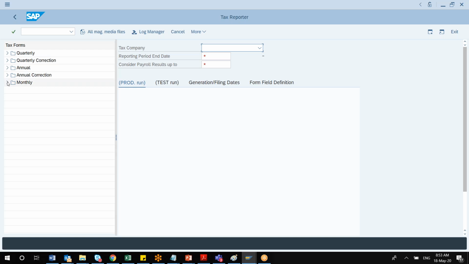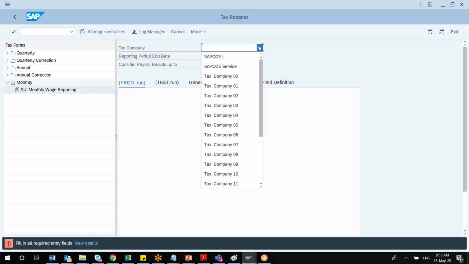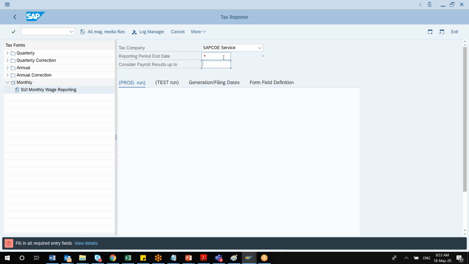In the monthly section you'll find only one, SUI, your state unemployment insurance, monthly based reporting. For each and every report to work, you always have to select different categories here. Tax company: so many tax companies have been created, I do not know which one is the relevant one. So let me choose the best one. Let me check.